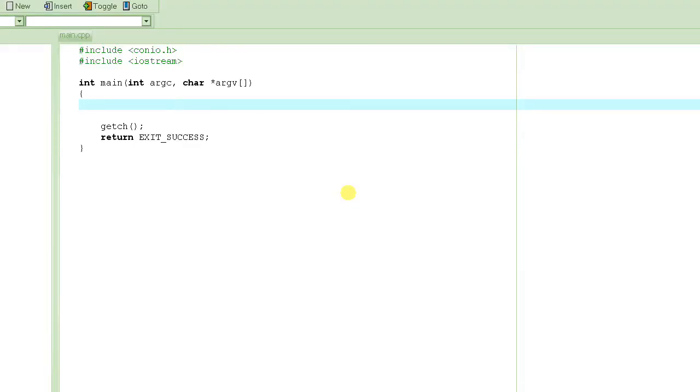Welcome to C programming tutorial. This tutorial is basically the continuation of the previous tutorial on strings. We were learning more and more about strings, and this is part 2 of the more on strings tutorial. This tutorial is also a part of a collection of tutorials in this entire C programming tutorial series, and the link of that playlist can be found in the description, or maybe it's displayed on the screen